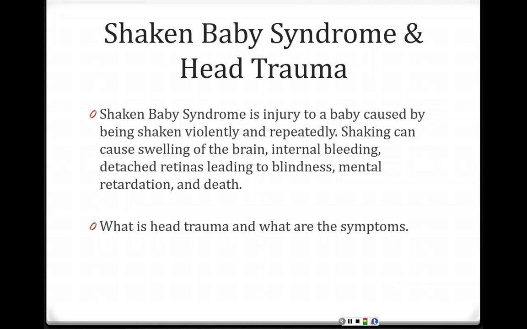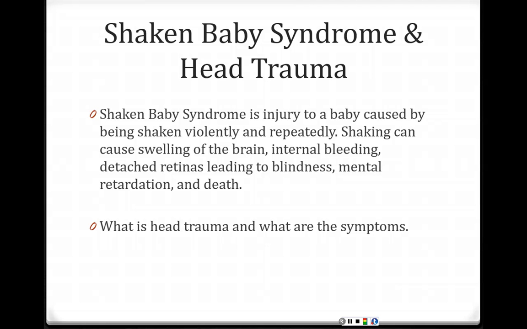Those nonverbal clues of a concussion may include appearing dazed, being listless or tiring easily, irritability or crankiness, the loss of balance and unsteady walking, crying excessively, a change in eating or sleeping patterns, a lack of interest in favorite toys, and last but certainly not least, vomiting. If a child vomits after having any type of bump to the head or fall where they've hit their head, then that is an immediate sign for a concussion.